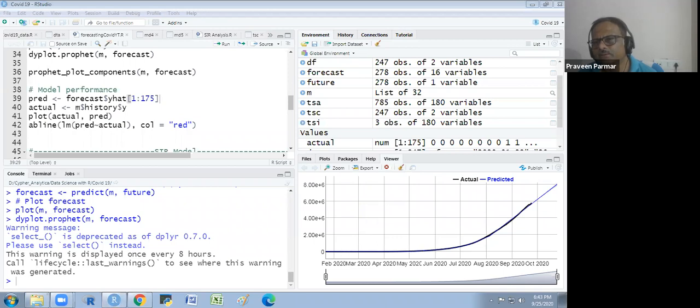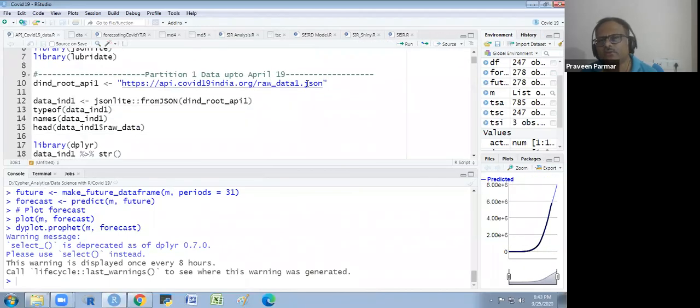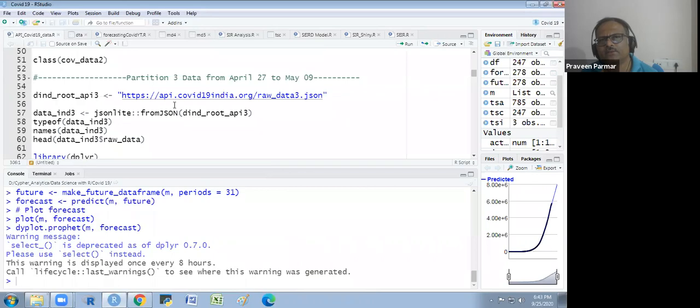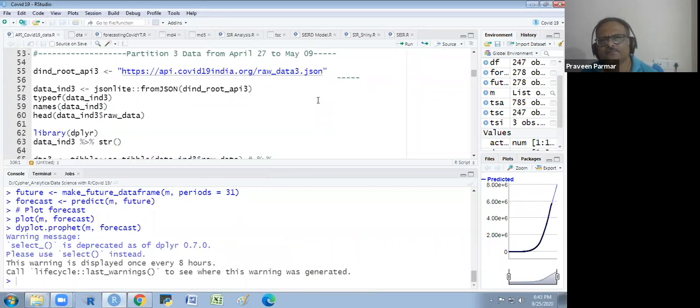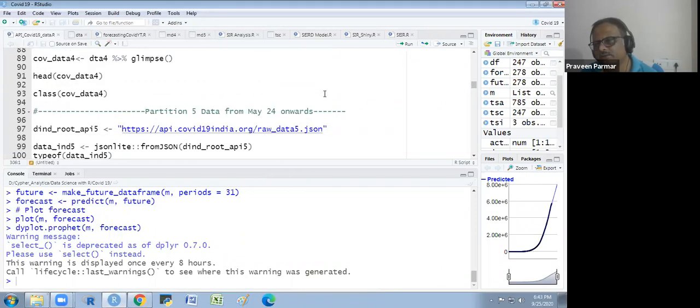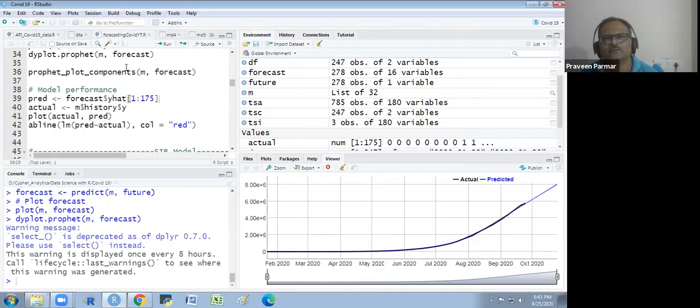This is the time series data of the confirmed cases, which I have taken through the API. I have merged so many APIs. I will show you. These are the APIs I have used, which were in JSON format. You see here, it is from 21 April to 26. I have taken these APIs from the sites. It is the actual real-time data I am getting from there, and then I am merging it here and doing this.